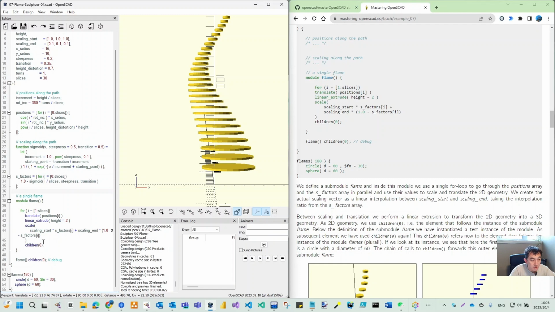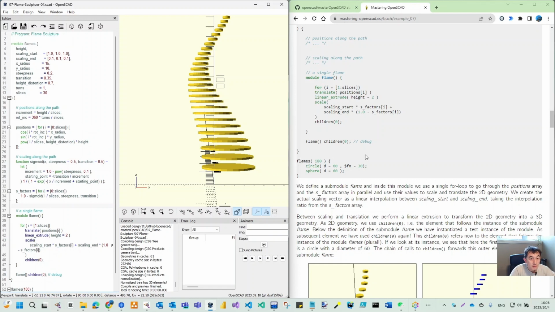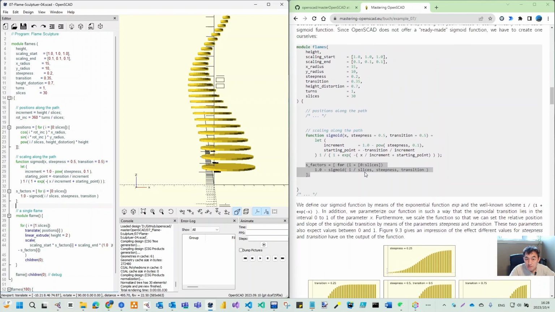So its code is 0, factor 1.0 deducted by this. This is time I from 1. That's correct. But where is the bottom one? So 11. Let's go back to here. So whether I have some factor for I slices,